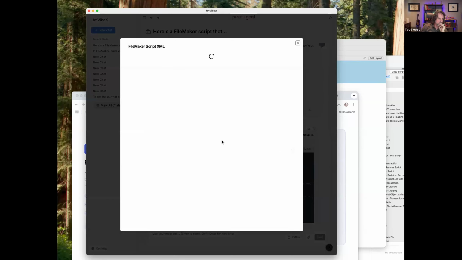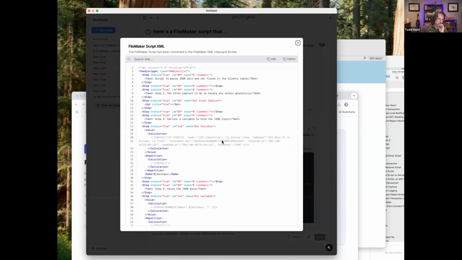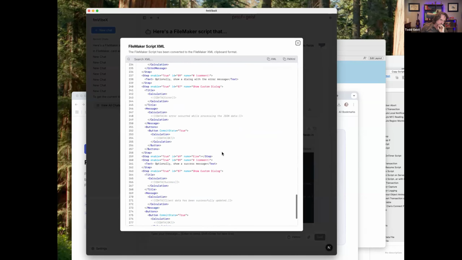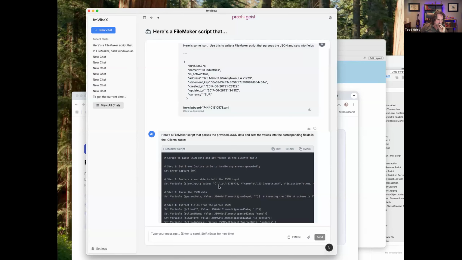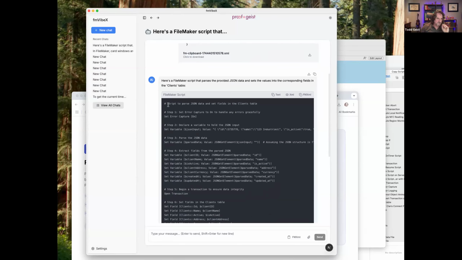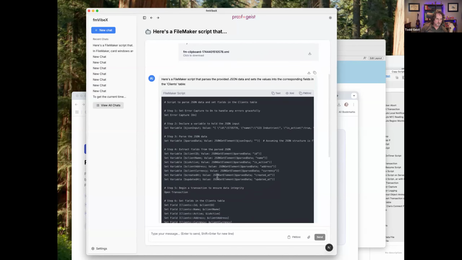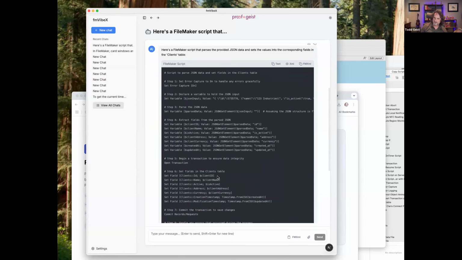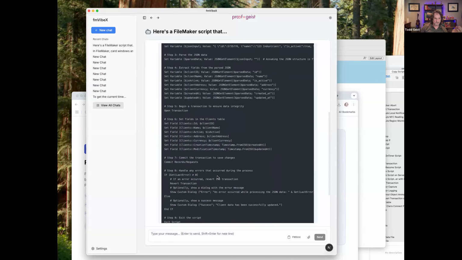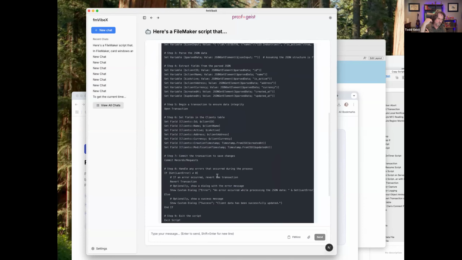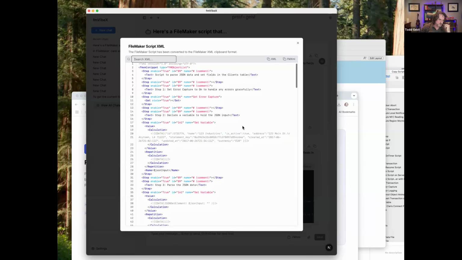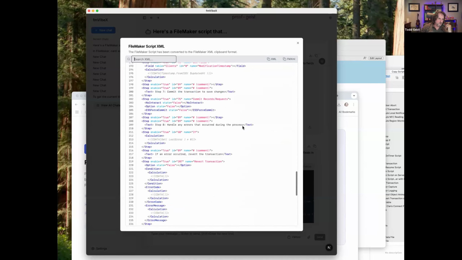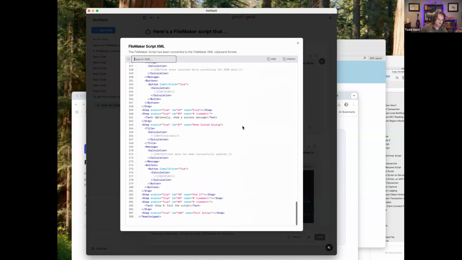So if I click this, see what the XML, yeah, hopefully it's not red. Yeah, okay. So this one recognized all the script steps properly. So this is much better. So basically the chats are pretty good at constructing this sort of text-based FileMaker coding. And then the real big challenge is once you get that, how do you make XML that you can paste back into FileMaker? And that's what this does. So this should be valid FileMaker data, FileMaker's clipboard XML.